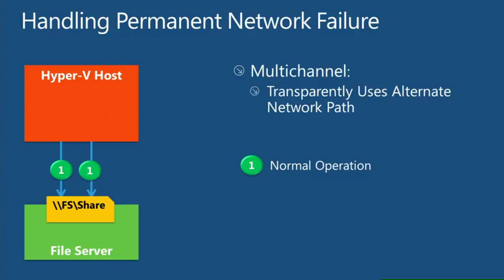So let's assume that there was a permanent disconnect to one of the network paths. We have this feature called multi-channel, which allows us to transparently survive this failure. What it also allows is that both of these paths are being used in an active-active configuration. So you would see a demo in the Hyper-V over SMB session where you would literally be getting the maximum throughput through these two paths. And then when the failover happens,